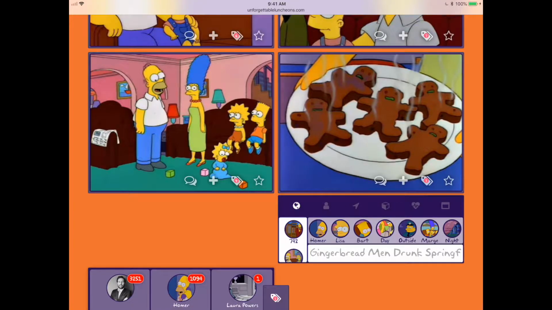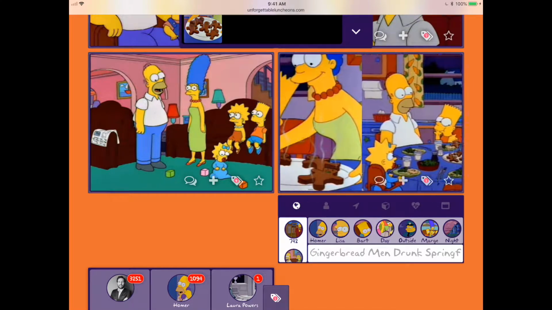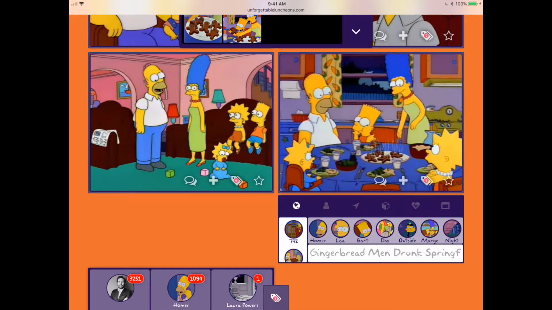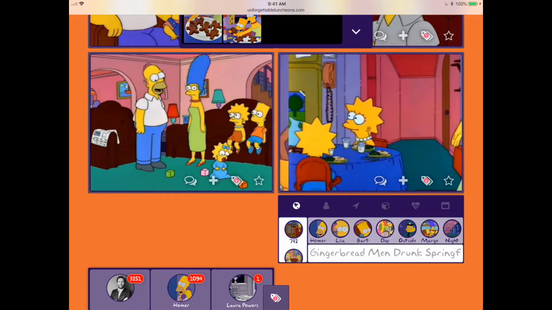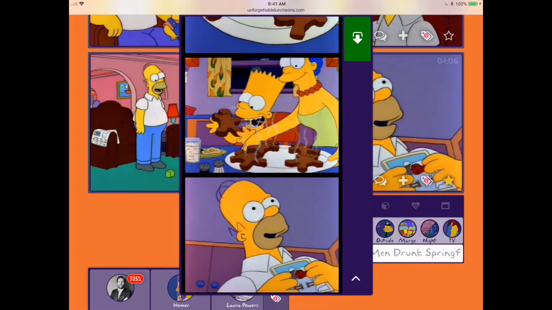And then, let's say you see something that you like, these gingerbread men, and you think, hey, I want to save that, or I want to turn it into a meme, you can hit the plus sign. You can scroll over and grab another shot. Like I said, I think I need to add frames just to make it really useful. And, oh, I love that picture of Homer, so let's add that too. And then what we can do is add